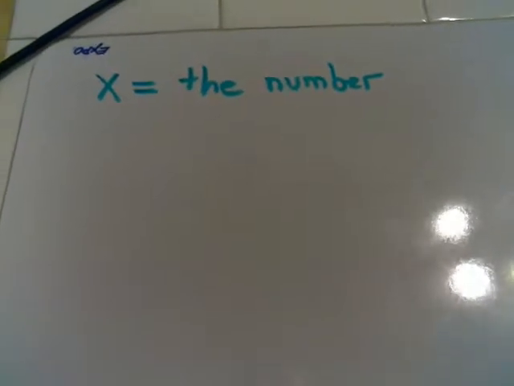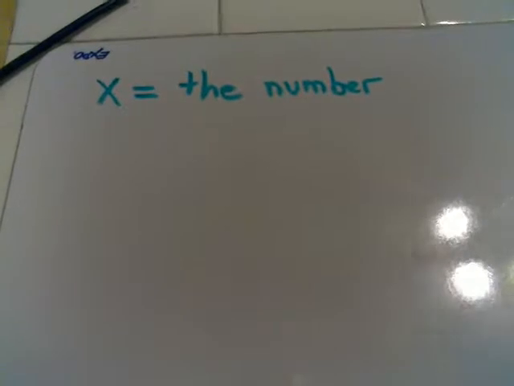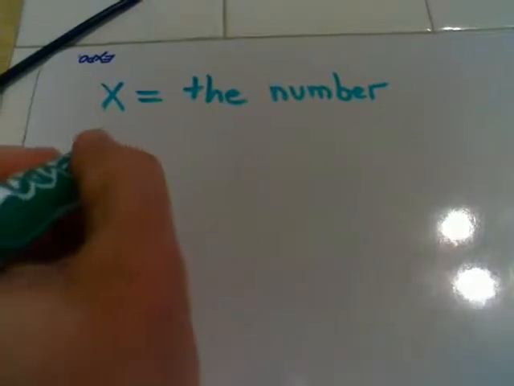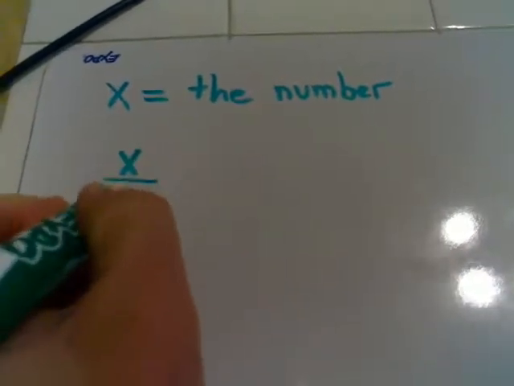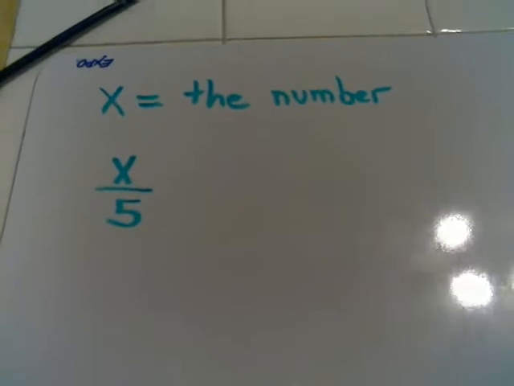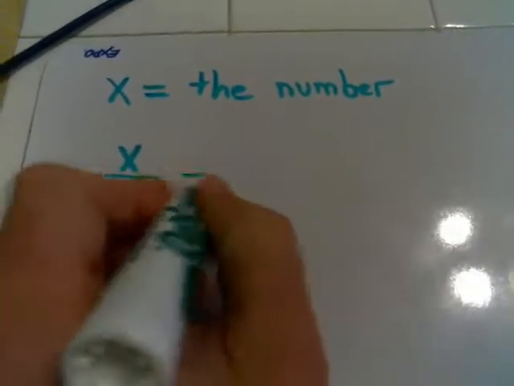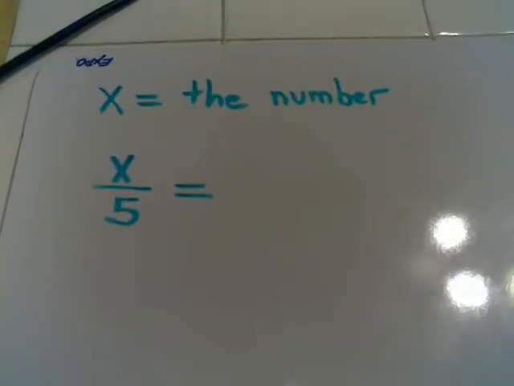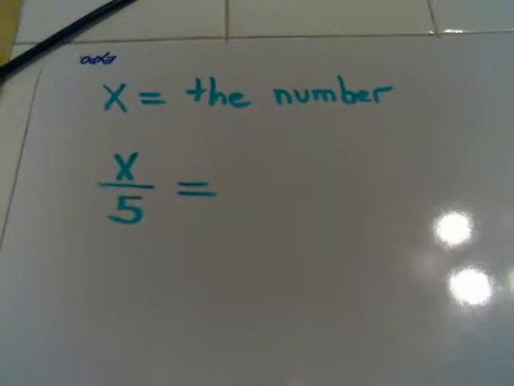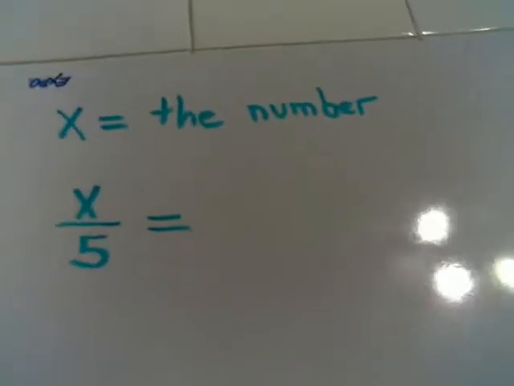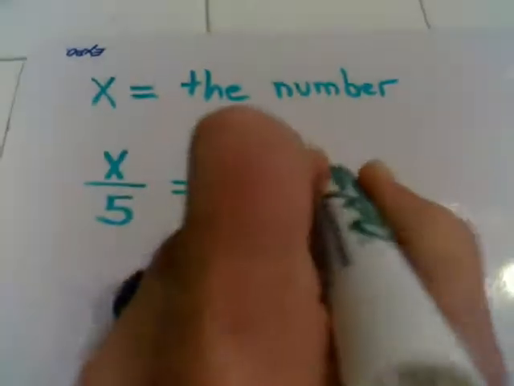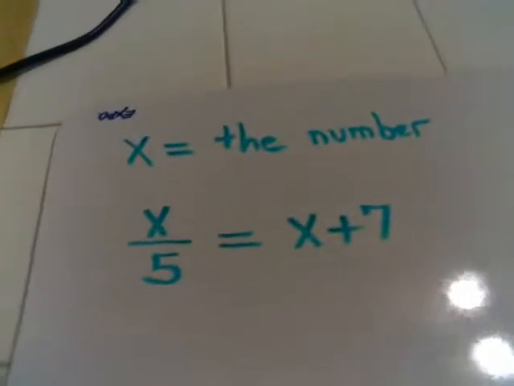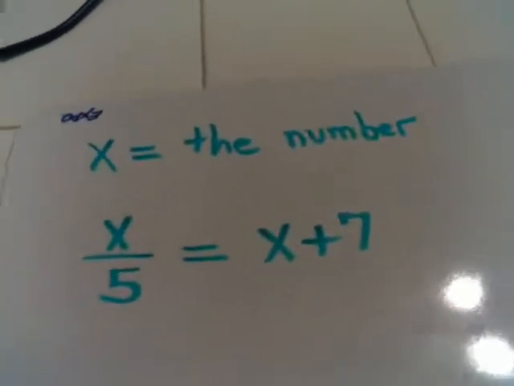Now, the first thing it tells us is the quotient of a number and 5. Remember that quotient means divide. So the quotient of a number and 5 would be x divided by 5, or x over 5. Equals, so of course we replace that with equals. And the next part tells us 7 more than the number. Well, if the number is x, 7 more than the number would be x plus 7. So the first thing we have here is our equation: x over 5 is equal to